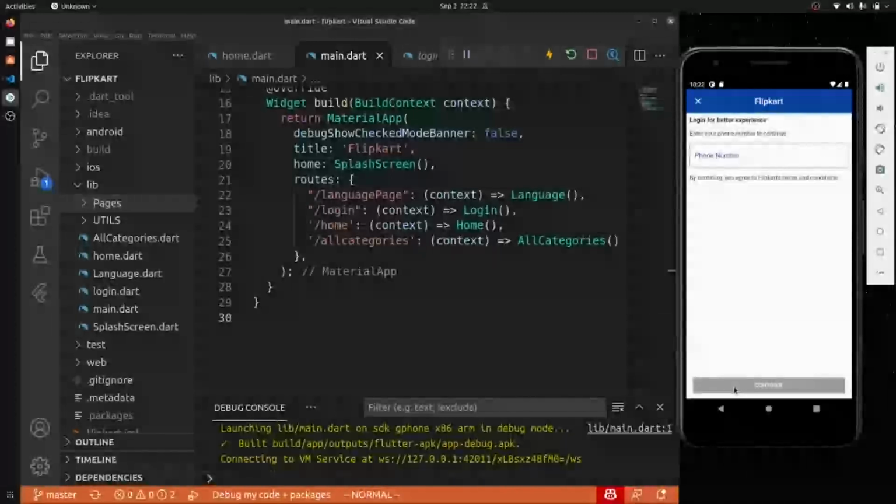Okay, so I will be using Firebase as a backend also, but I will not directly integrate my Flutter application with Firebase. I will integrate it via Node.js. It means that my application will communicate with Node.js, and that Node.js server will communicate with Firebase. There will be a two-way factorization also.